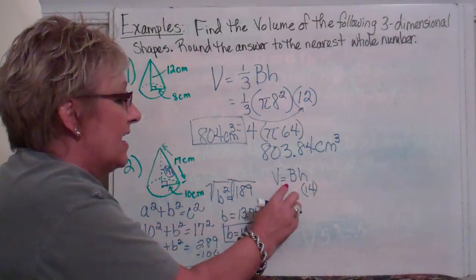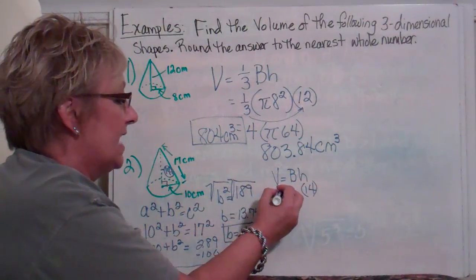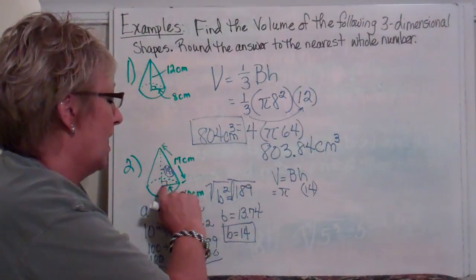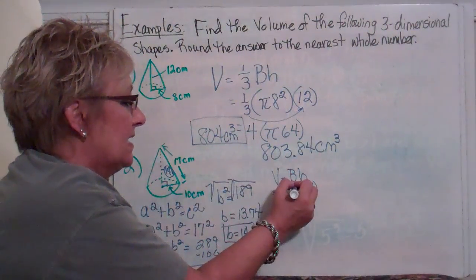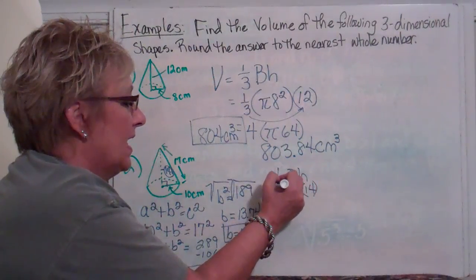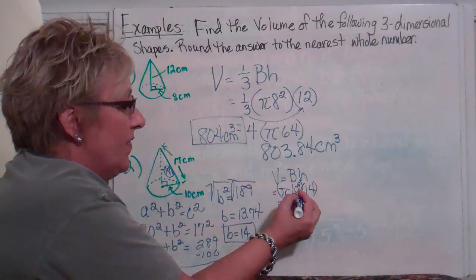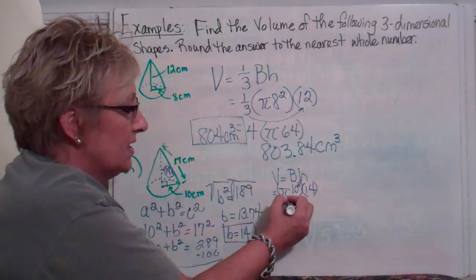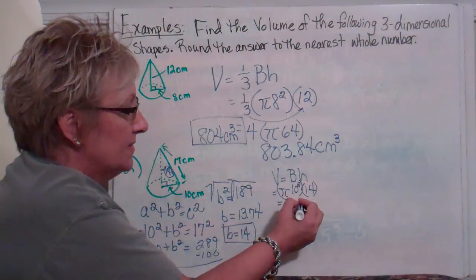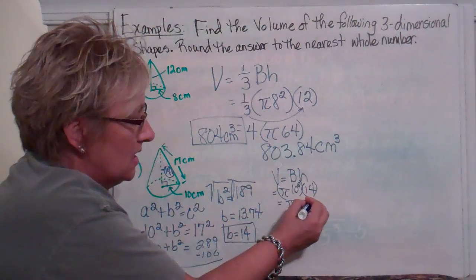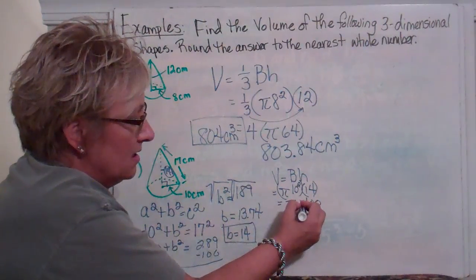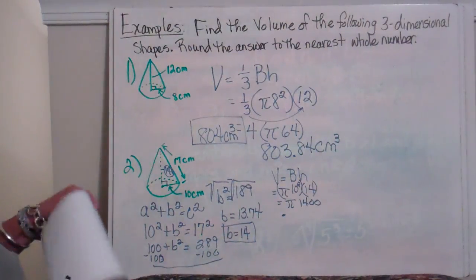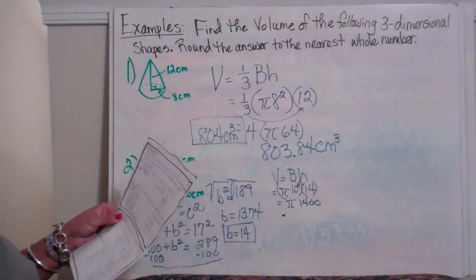I know that the big B has got to be the area of a circle, which is pi times, this is my radius, which is going to be 10 squared. I know that 10 squared is 100. 100 times 14 is 1400, times pi, and that's going to be times 3.14, which is going to be right at,